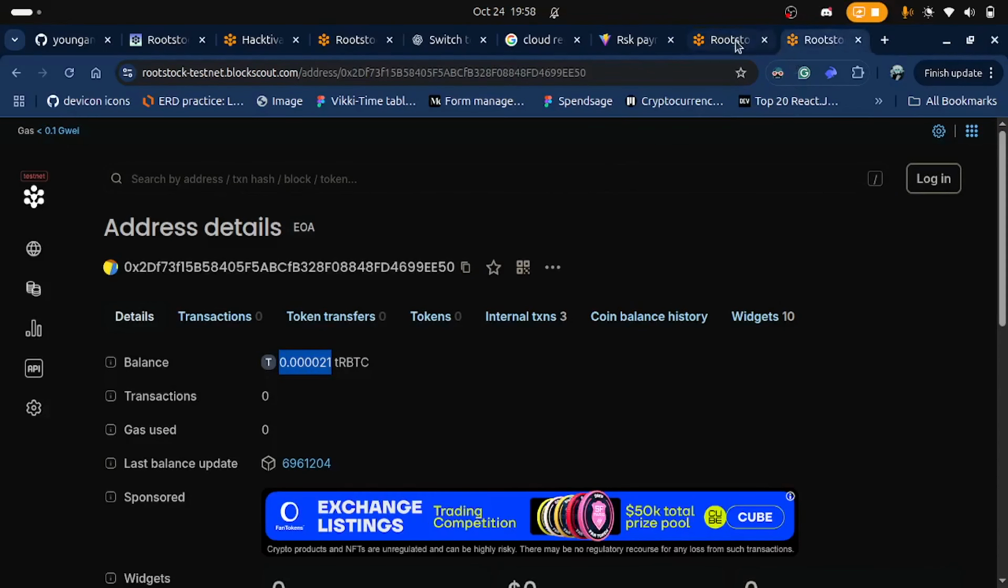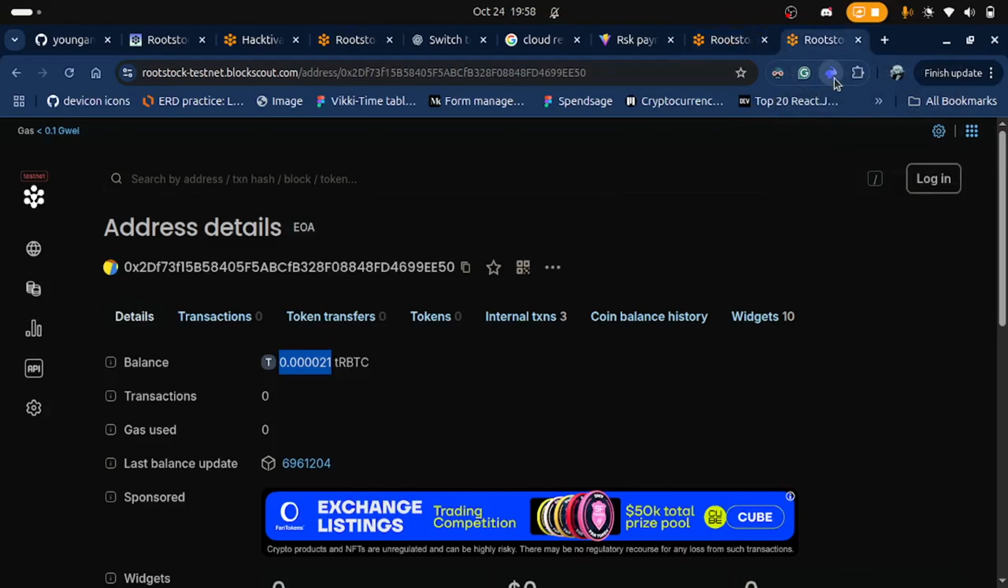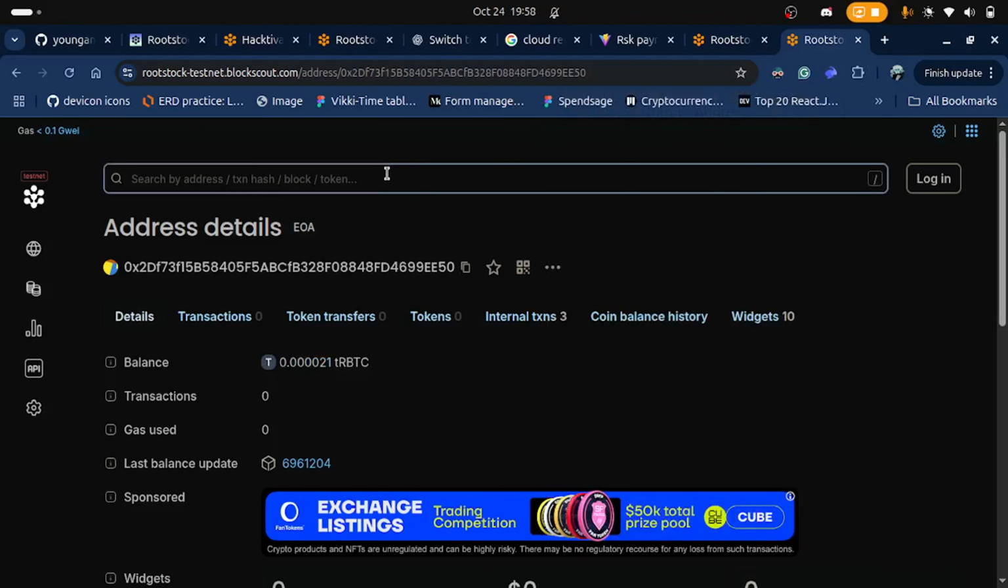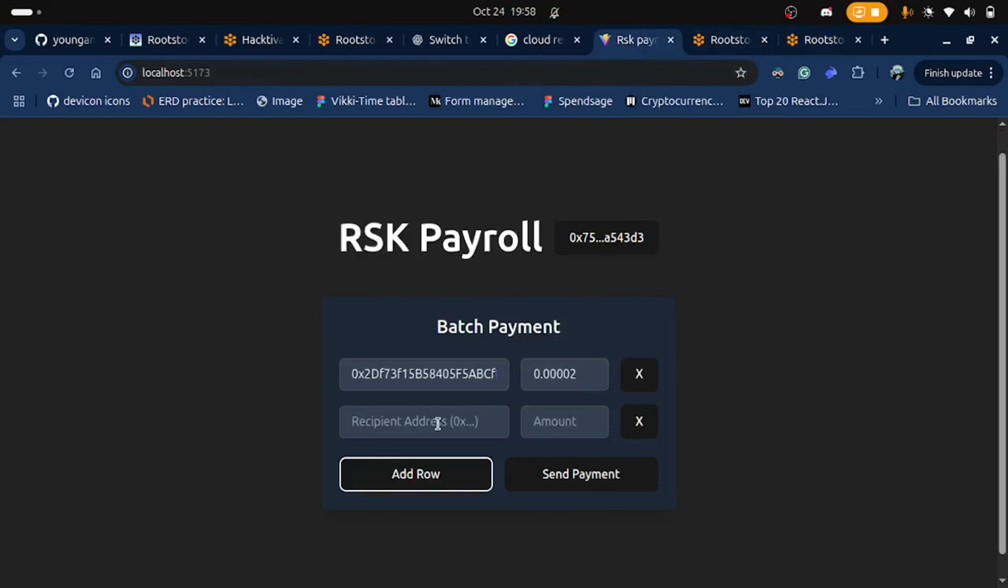Then I'll copy the second one. Wait. Are they the same? Oh wow, they're actually the same. I didn't copy the second one properly. So this is the second one. Alright, so I'm going to paste that here. Okay, so yep. So we can see the amount here too is the same. So I'll paste that in here. And then